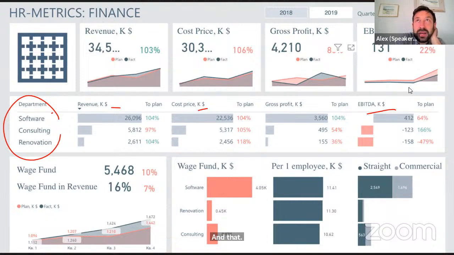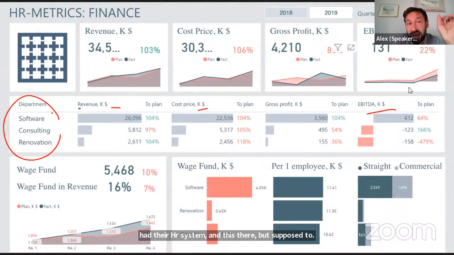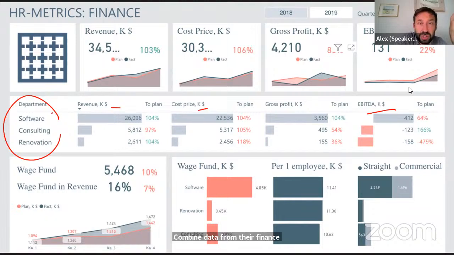And briefly, this company also had different data sources. They had their HR system, and this dashboard was supposed to combine data from their finance system and human resources and provide indicators. So not actually real time.